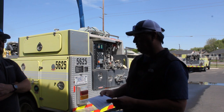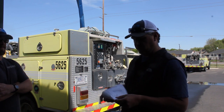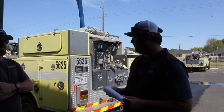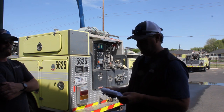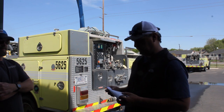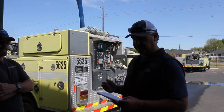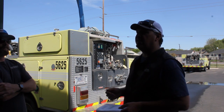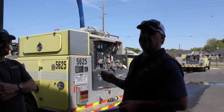But we are going to do a pump test to make sure that we meet the expectations of the FEMPER, which is a good thing. The FEMPER is a good thing. I bashed on it once upon a time. I don't anymore. It's a good way to keep track of stuff. Do I necessarily agree with the way they do their pump test? Maybe, maybe not. But I think what's key here is that the pump test that I teach everybody to do